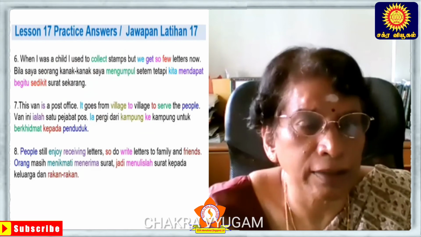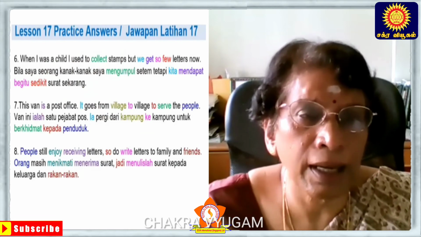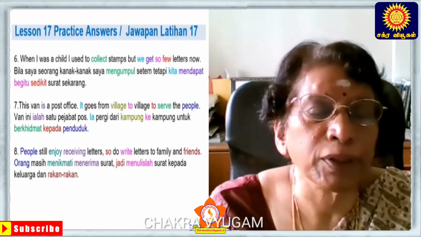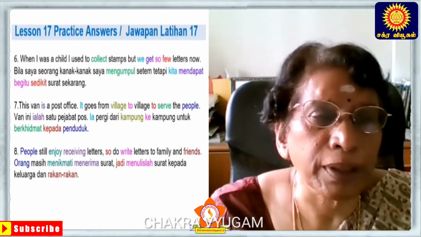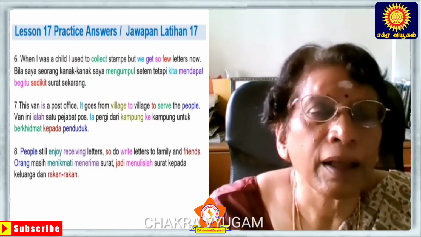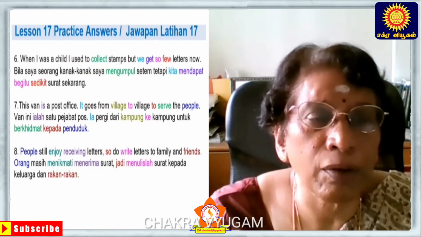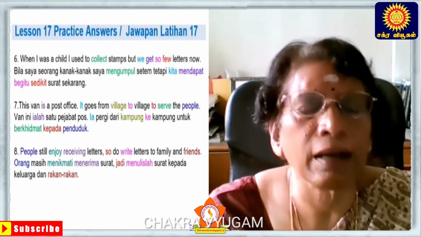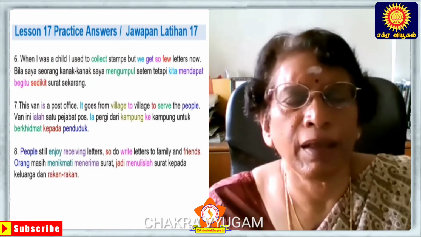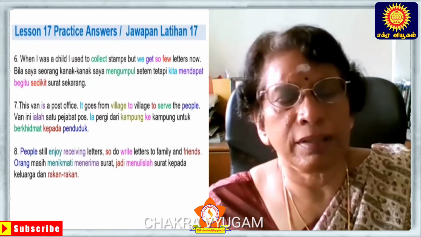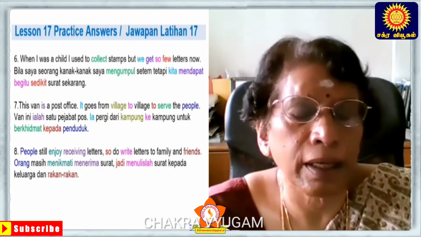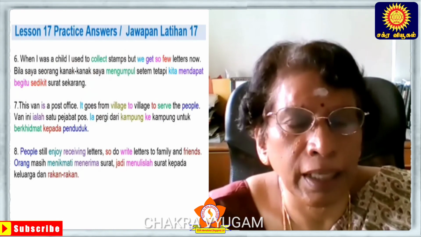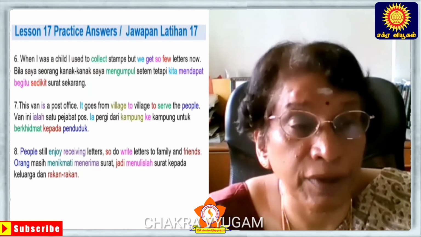Okay, when I was a child, bila saya seorang kanak-kanak. Now, seorang is an example of penjodoh bilangan that we will be looking at later. Now, when you refer to people, you say orang something. So, orang pelajar, orang kanak-kanak, you can use that. It's a word before nouns, right? It's called penjodoh bilangan. It is used in English as well as like a collective noun. So for